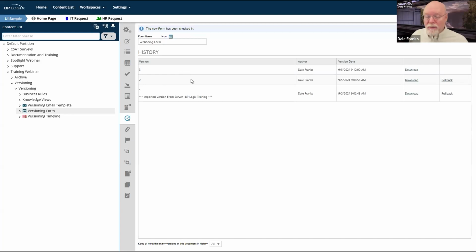Now, this is convenient in many cases because when I'm actually working on a form and I'm going back in and making changes and running the form and seeing it works, it is often super convenient to be able to go back to the version history and just say, oh, okay, I've made a horrible mistake.